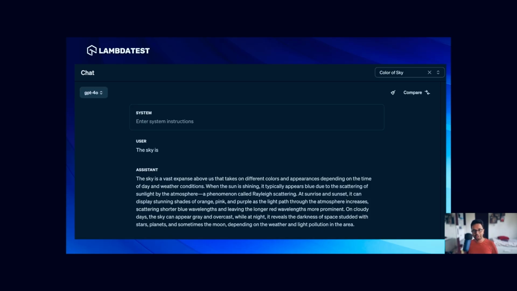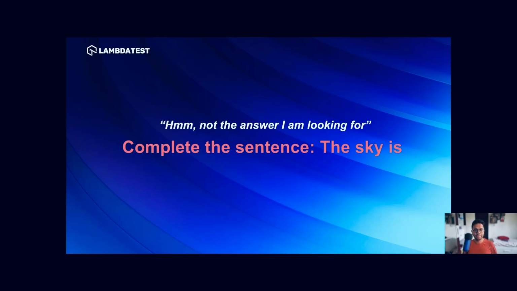So maybe as a user, I think, okay, what if I ask it not to create a paragraph but to create a sentence? Maybe it will start understanding what I'm looking for. So I went ahead and said, okay, don't write a paragraph, complete the sentence. So now I'm saying you have to restrict your length, right? The sky is, and you hit enter.